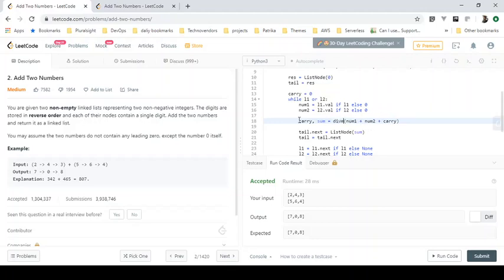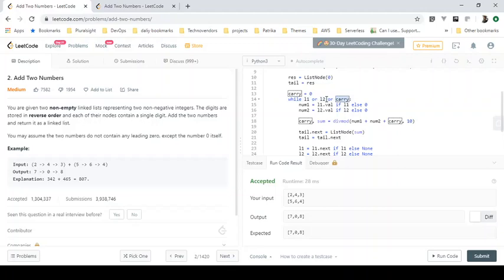So 4 plus 6 plus the carry, which is 0, is 10. 10 divided by 10 gives a carry of 1, and 10 modulus 10 means the sum would be 0. Now we put the sum into the node and the carry goes to the next iteration of the while loop. We have to make sure that if carry has some value, we add it to the next.